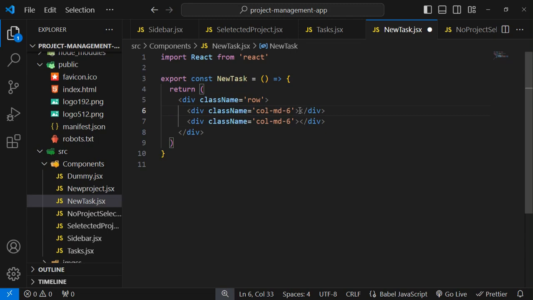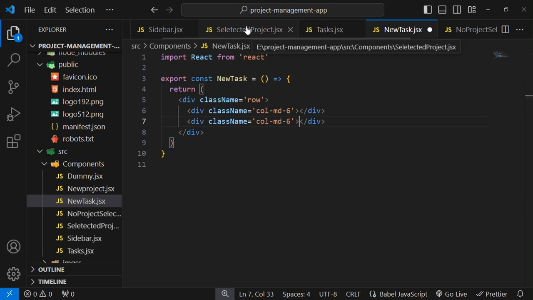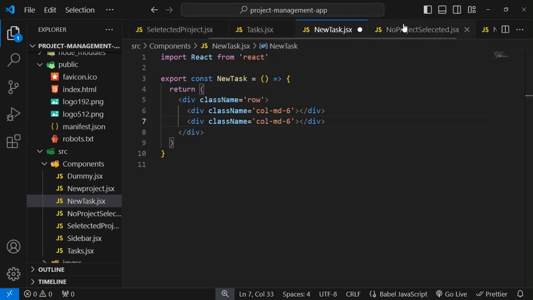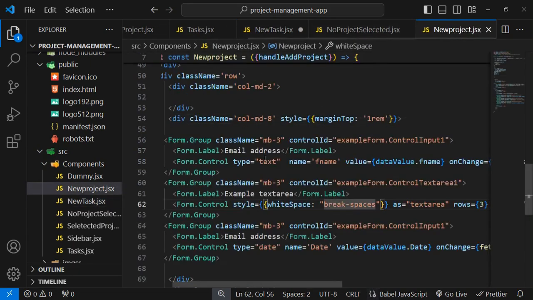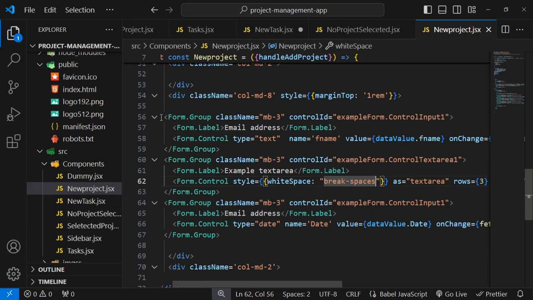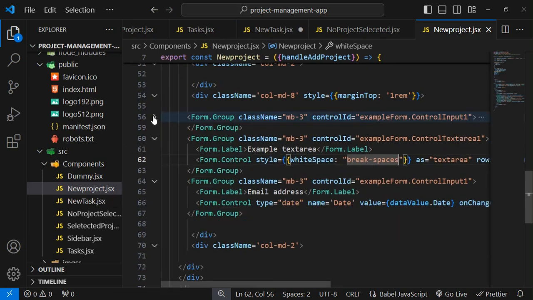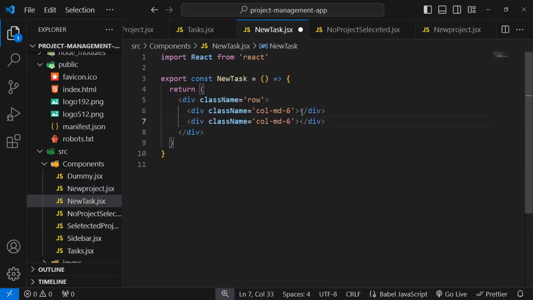So inside our first text field I need here input type, and for the second div we need here a button, so that whenever we type anything and we click on that button, the value would be stored somewhere. So inside our new projects I have a form, so let me copy that form. Only one input field is needed, so just copy it and paste it inside our new tasks,